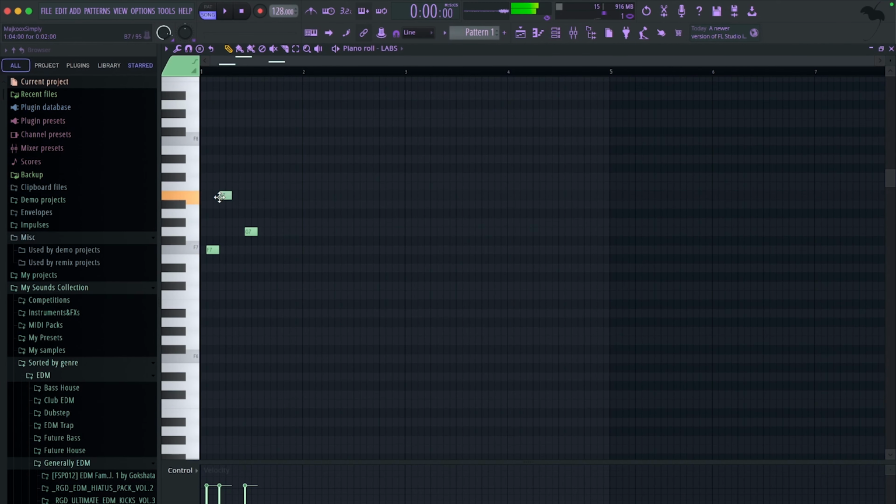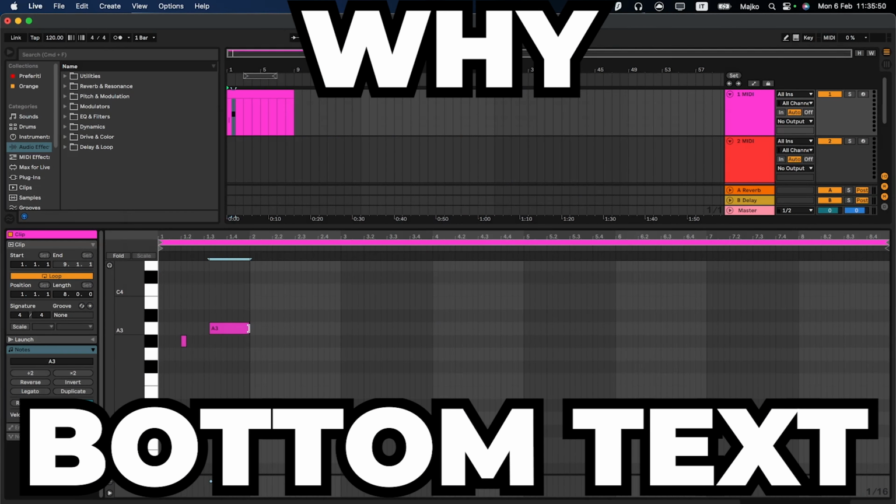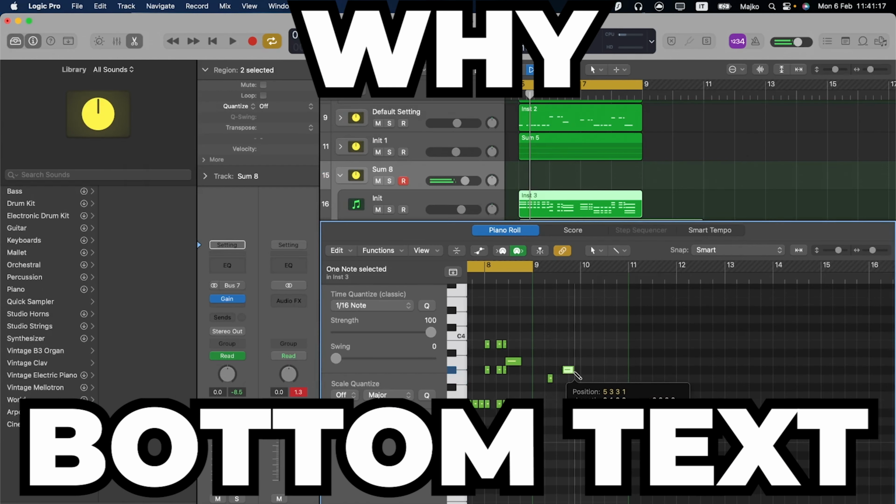The FL Studio piano roll is clearly superior to every other. You place notes with your left mouse button and you delete them with the right mouse button. Seems simple, but in Ableton or Logic, it's a real mess. You have to double click, command click, or do all kinds of weird stuff just to place notes. Why does it have to be so hard?